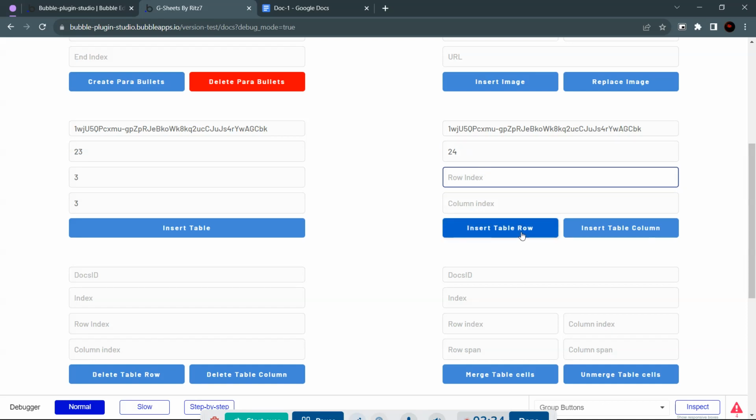So we'll be adding a row in the table. So in order to do that, we need to give the index of the row. So we are going to be adding a row. So here I'll give 1. Then in the column index, you can give any number because column doesn't matter. The position of the row matters. So I'll give 0 as the column, which is the first column. And if I click on insert a row,